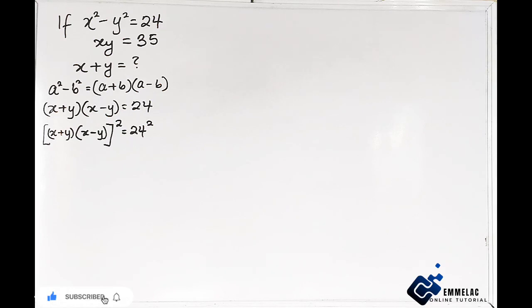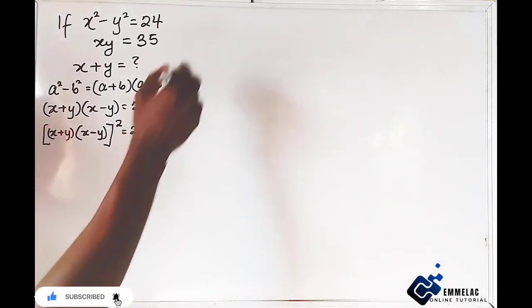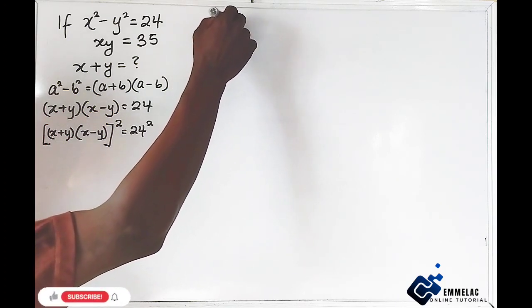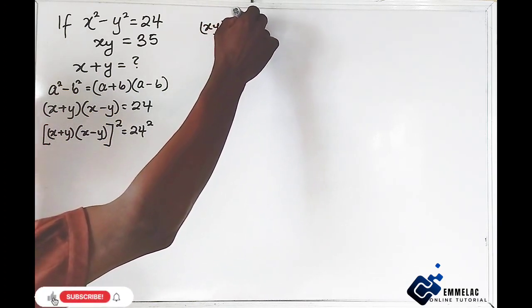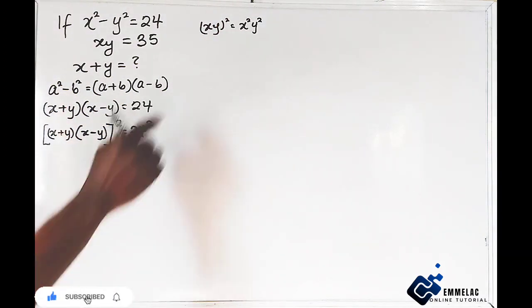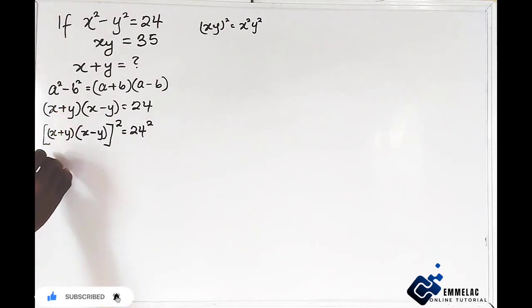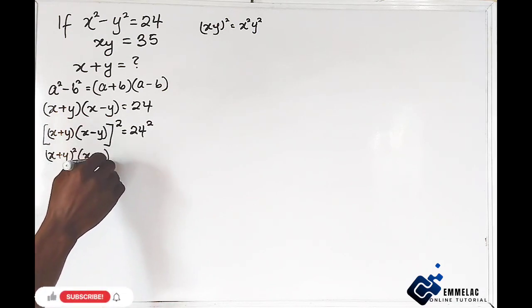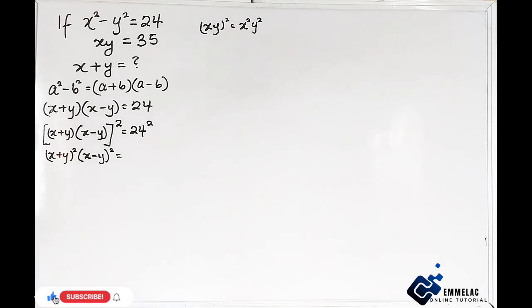According to the law of indices, if you have xy all raised to the power of 2, it implies x raised to the power of 2 times y raised to the power of 2. If we use this law here, we should have x plus y all raised to the power of 2, times x minus y all raised to the power of 2, equals 24 squared here gives us